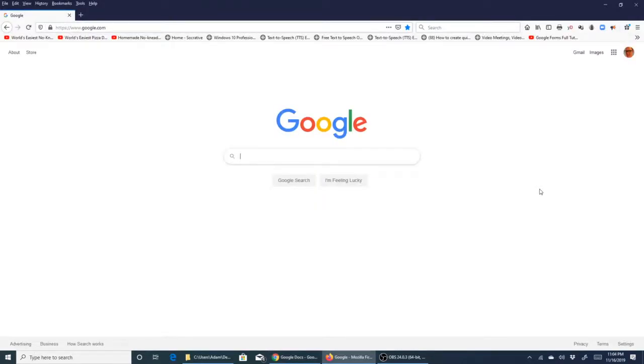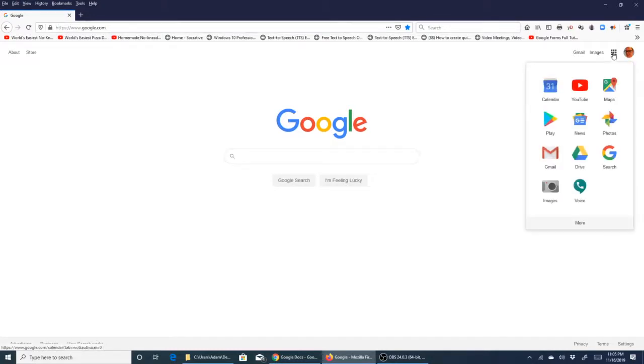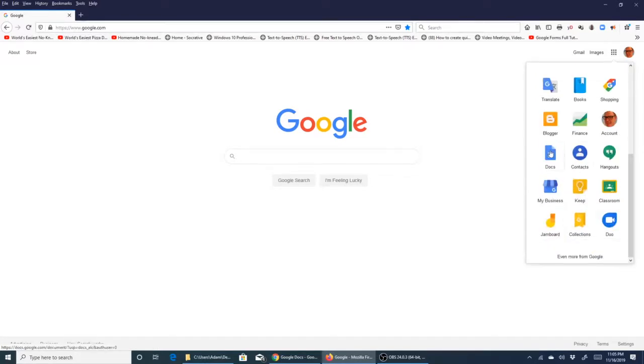Alternately, if you're using Mozilla Firefox, just go to google.com, and you're going to have to log in with the same account that you created before. And once again, when you go to the top right corner, you're going to see the dots, which is the Google Apps button. When you click there, you're going to look for Google Docs, which is right here. For me, it is right here. When I click,